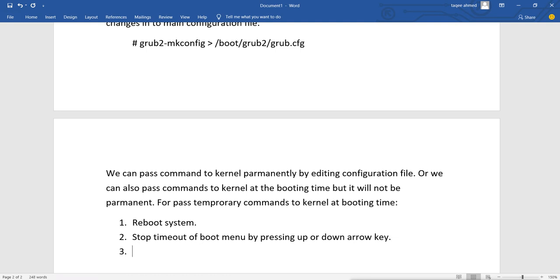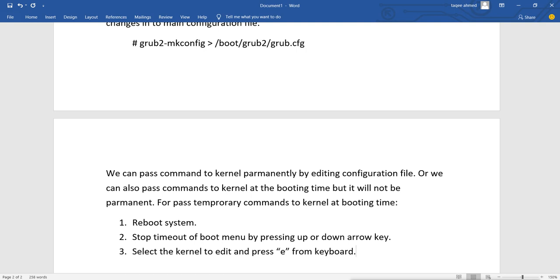Now when it is stopped, then what? We will select the kernel to edit and press E from the keyboard.